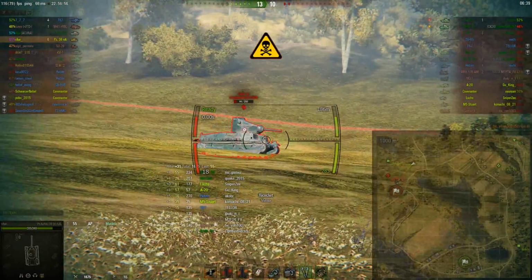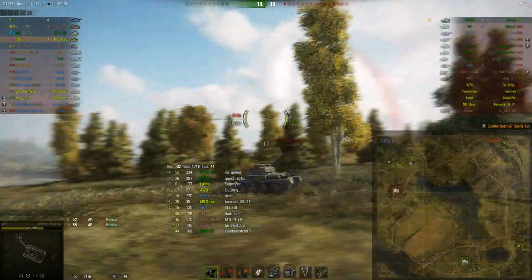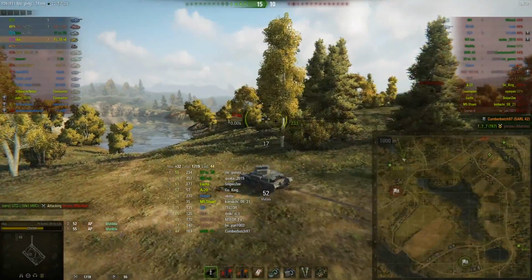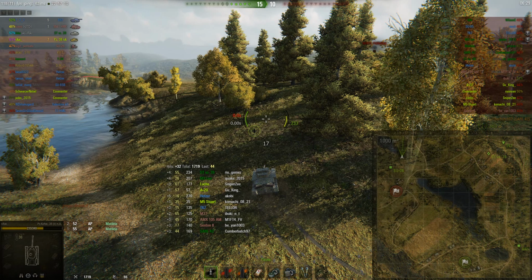Enemy armor is hit. Enemy 7 armor is destroyed. Does he get 8? The Matilda's up on the hill somewhere shooting at him. There he is. Oh, no. But he ends up